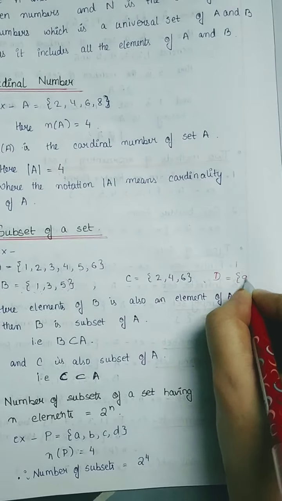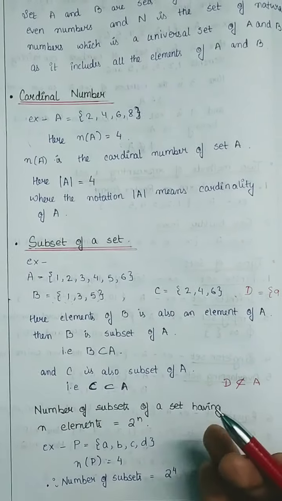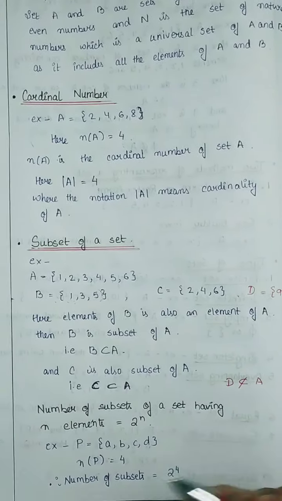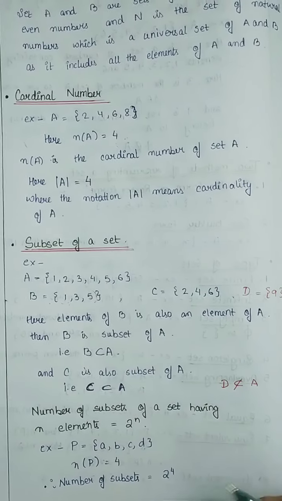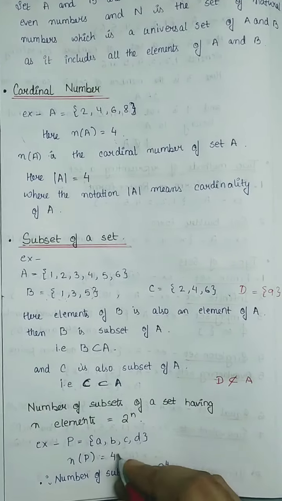Okay. Then number of subsets. How will you understand how many subsets a set has? We have a formula: 2 to the power n. Now what is n again? n is the number of elements. For example, there is a set {A, B, C, D}. How many elements does it have? 4. So the number of subsets is 2 to the power n, that is 2 to the power 4. After solving it, 2 to the 4: 2, 4, 8, 16. So the number of subsets will be 16. So total subsets that {A, B, C, D} will have is 16.